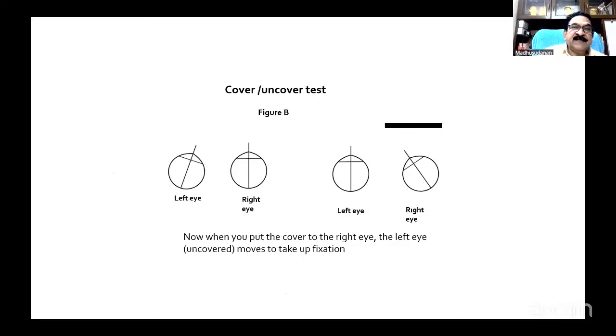By the movement of that eye, you can say, oh, that eye had already been a little paralyzed. That is why it was deviated inside. That way you can find that out. So the left eye is at fault. You can find out by the movement of the eye. Okay, you got the point. That means he has already paralysis, there is already a manifest squint, which you are able to pick out. Okay, that is for the cover uncover test.